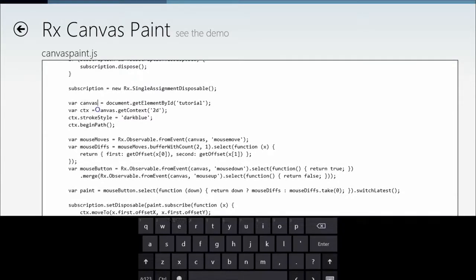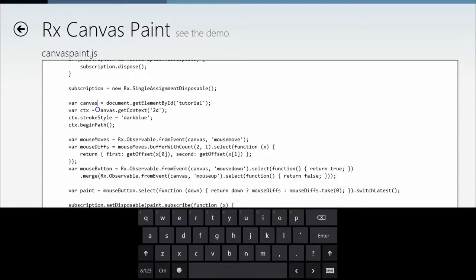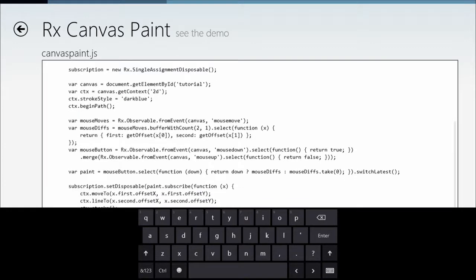Now, here's a reference to our canvas. We've got the 2D context for the canvas. If you're not familiar with Canvas, that's okay. It's basically just a place to draw in an HTML app. We're going to set up a couple of things like the fact that we want the line to be dark blue, and then we're going to start our path,